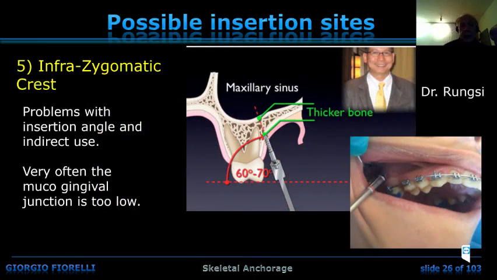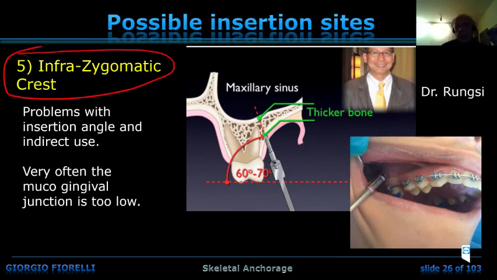And another way to do it is the infrazygomatic crest. Also here, you go up here in this area. There might be, usually there is more bone than in this area, but the problem is that you need very long TADs. You need very long TADs here because the TAD must be sticking out of the mucosa, because here you never have a gingiva, and so there must be the TAD coming out for 3 or 4 millimeter out of the